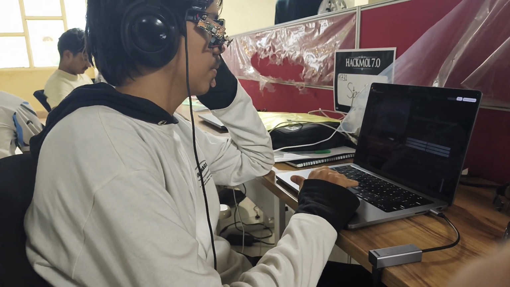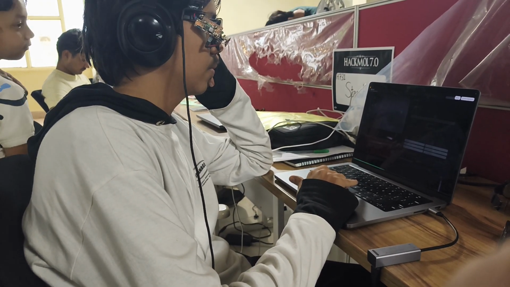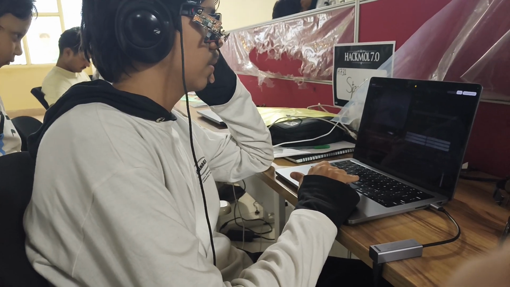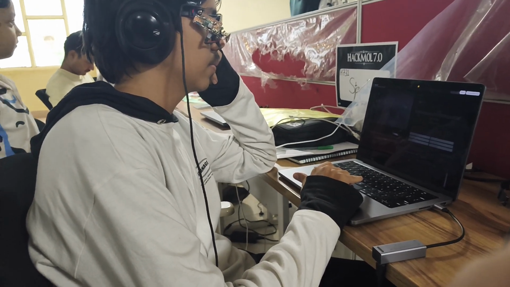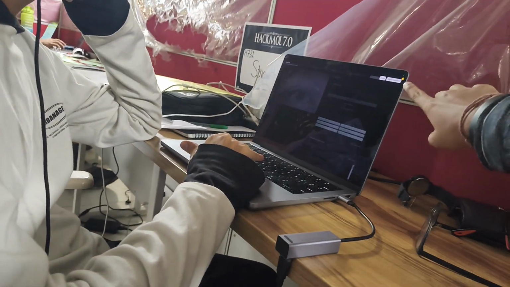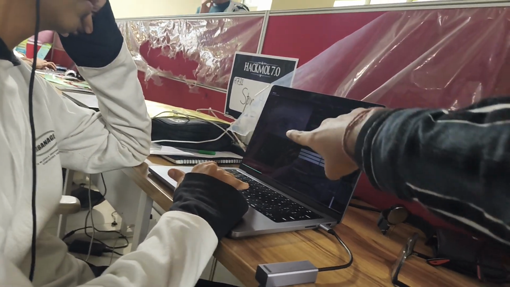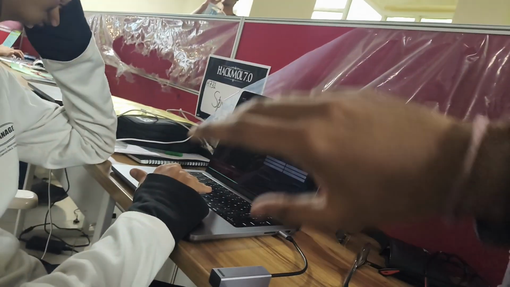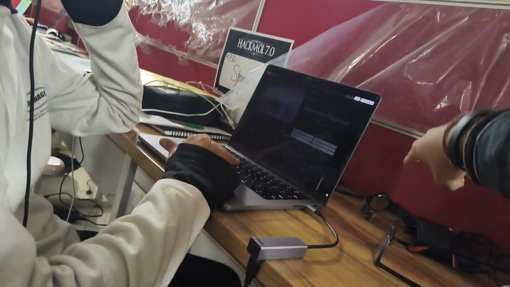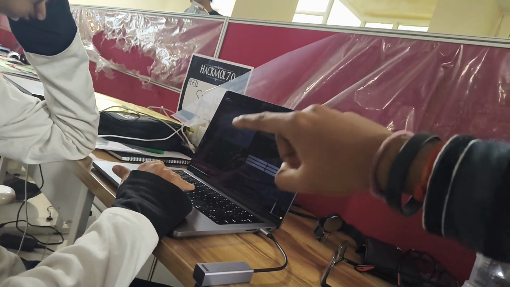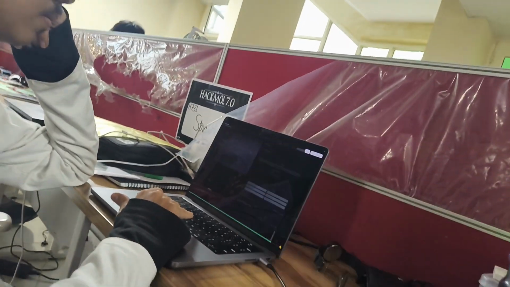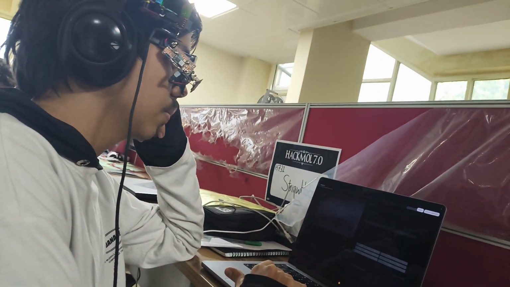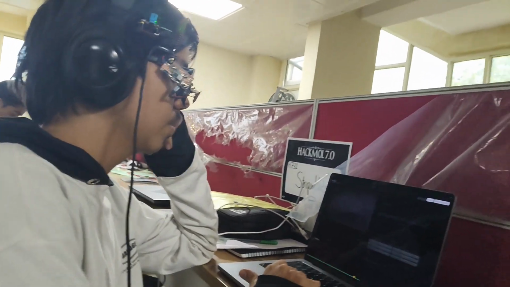Sahil, you can explain. So now he needs to look at these dots on all the edges of the screen, and then his eyes will be calibrated with the screen. So now wherever he looks, this dot will move after this step, and then we can simply control our UI through this. So let's just wait for it.